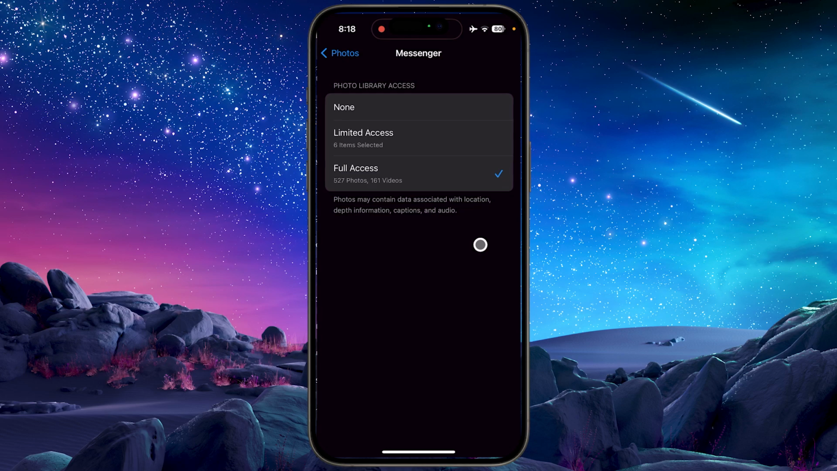As you can see, this is Messenger, and it says photo library access. So right now I am giving Messenger full access, so I don't want to allow Messenger to review my photo application. So what I need to do, just tap none. Now Messenger won't be able to access my photo application. So yeah, that's how you